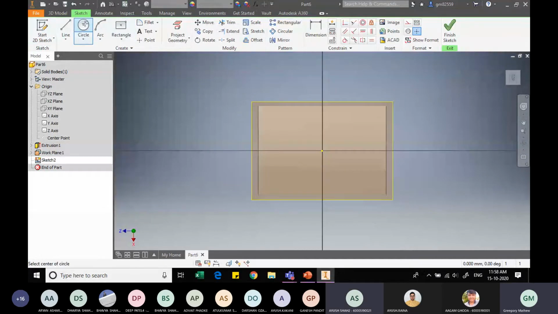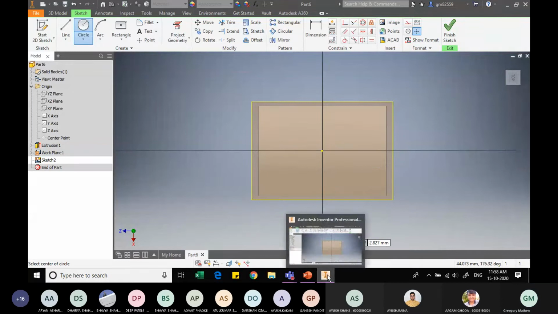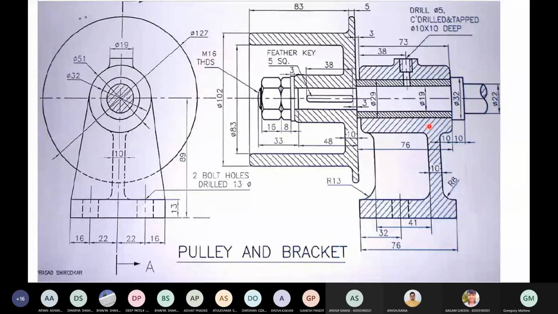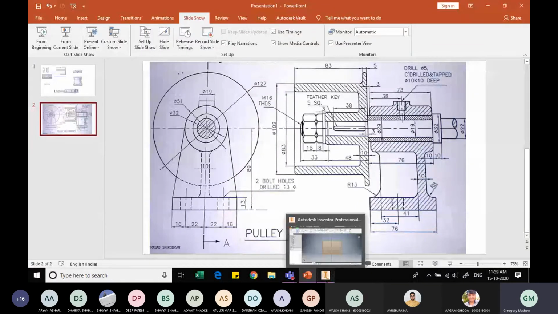Sir, what is the distance of the offset? Offset is 14.5 plus 15. How did we get that? This distance from this edge to this edge was given to you by me. I said it is 15, and the distance of this face from the center line is 14.5 because the OD here is 29. So this face will be at a distance of 14.5. So the total distance between this center line and this face will be 14.5 plus 15, which is 29.5. 29.5 is the total offset.